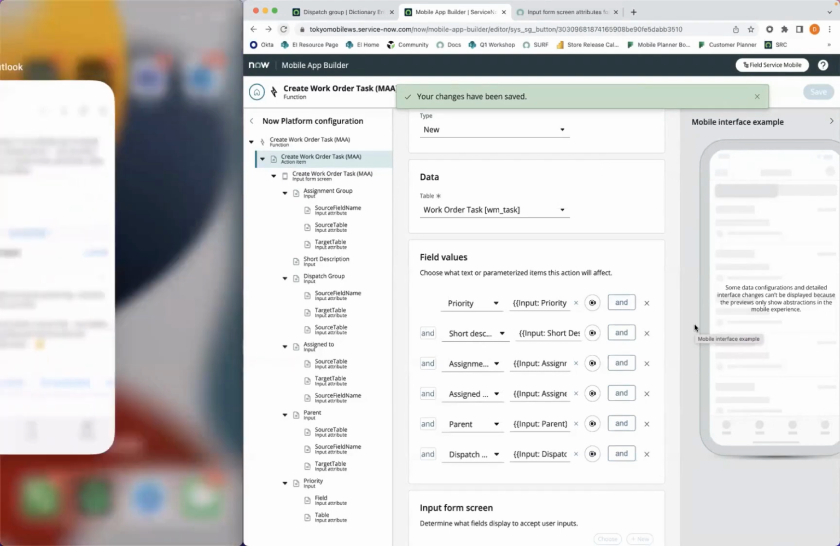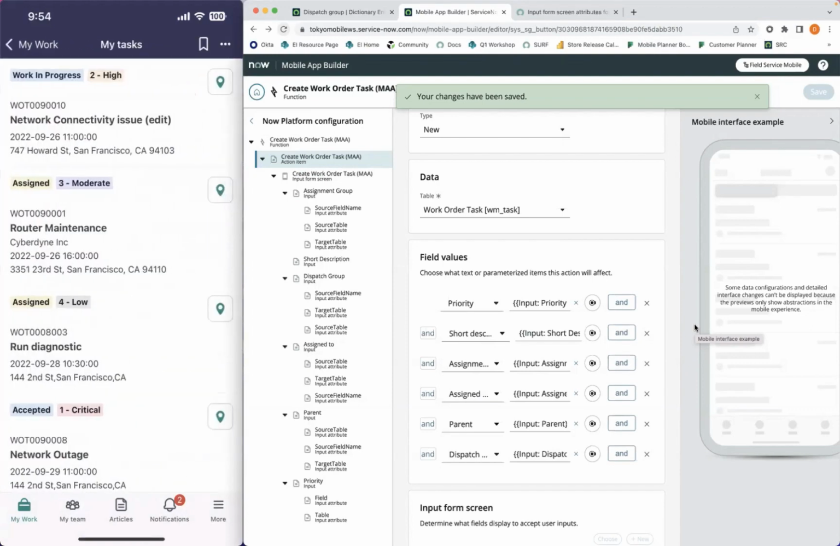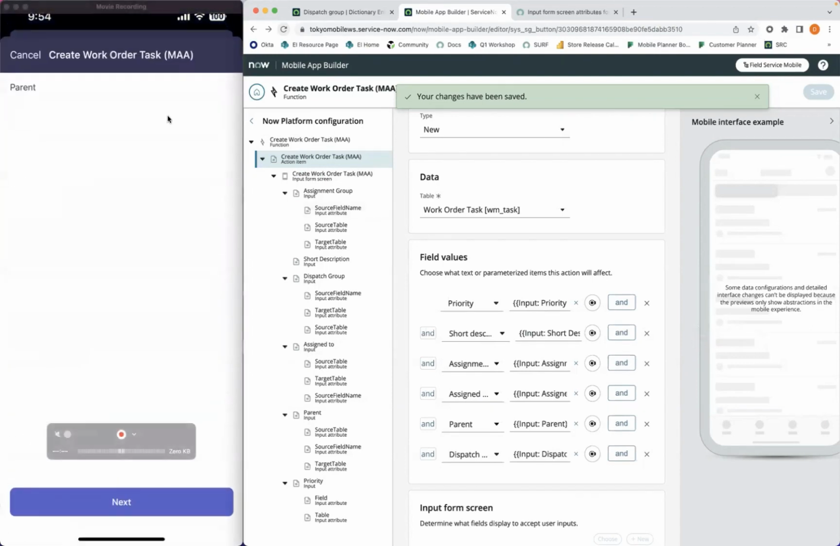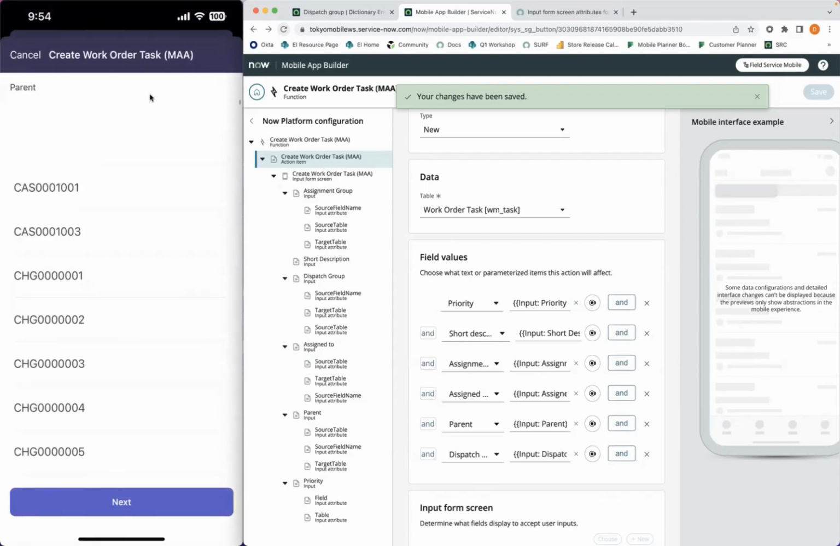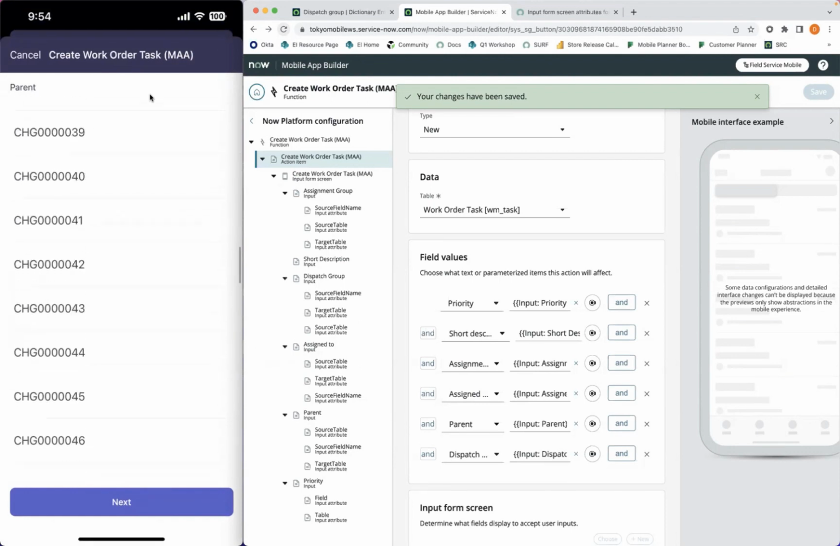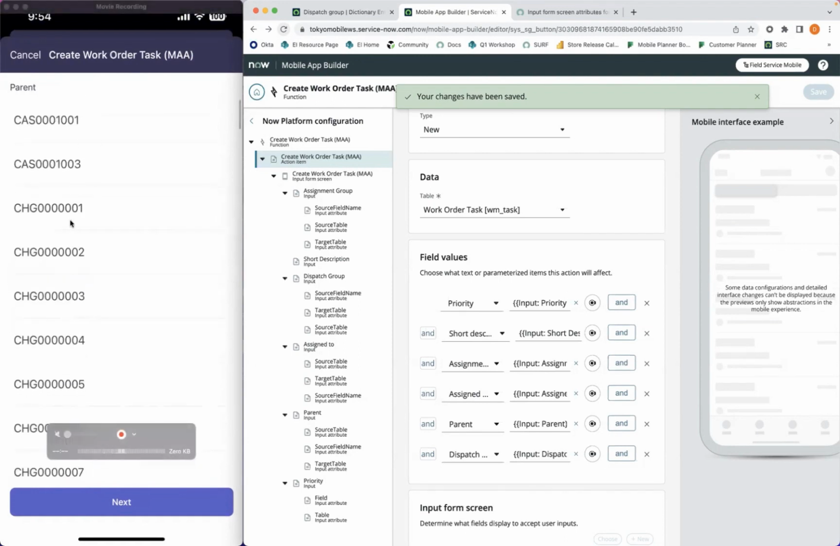We'll close out just for good measure, and then go and check on this task. So it's asking me for parent, so that's a good sign. Notice that for parent, there are so many values in this table. It wouldn't make sense for me to scroll through all of this. So what is an attribute that I can take advantage of to create this better experience